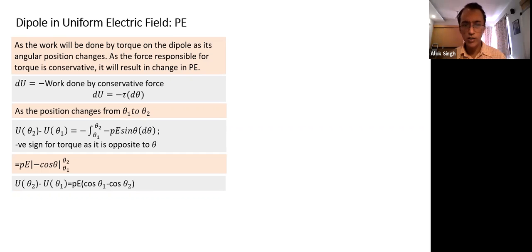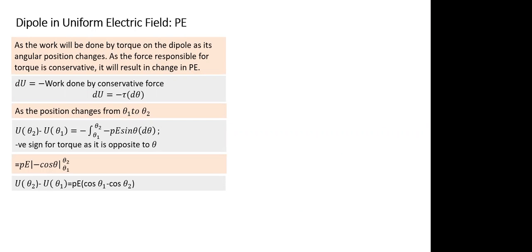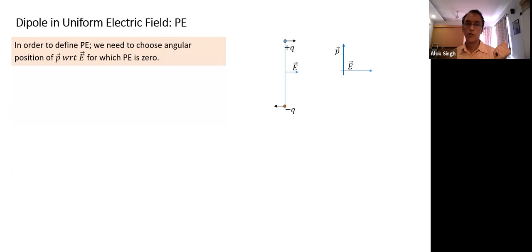And though we arrive at this expression, we don't use this expression much. This gives you change in potential energy. But I don't want change in potential energy. I want potential energy corresponding to value at theta. How should I find potential energy? You can take 90 degrees as the reference. So we need to choose something as a reference. So what we had done in the previous case, in case of linear displacement, what was taken as reference?